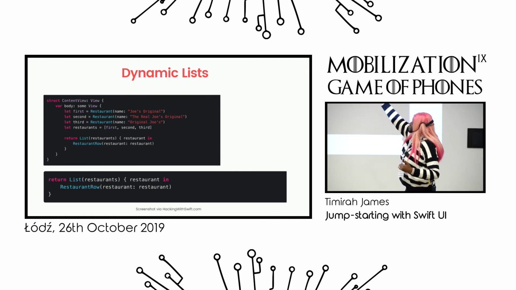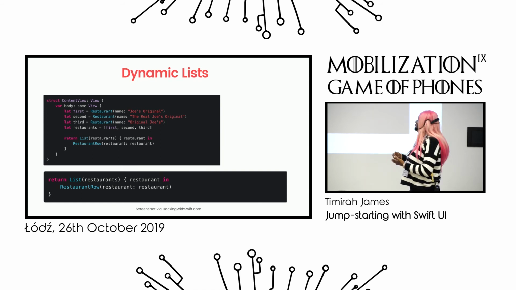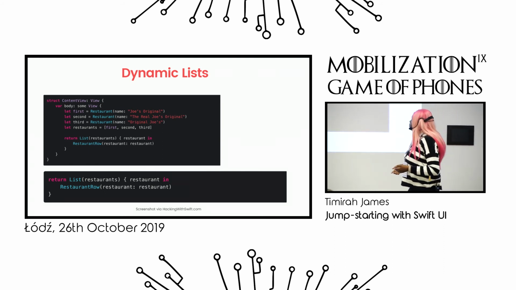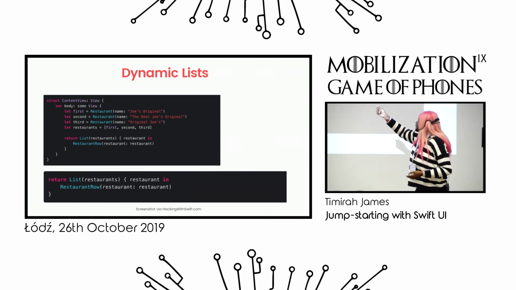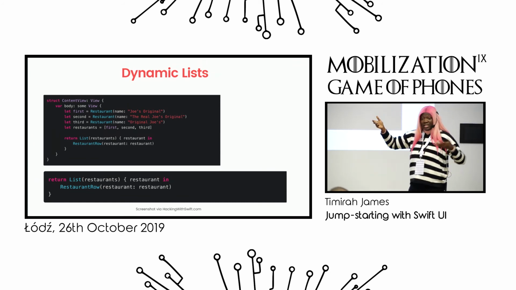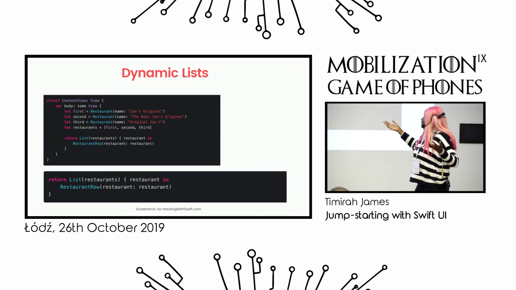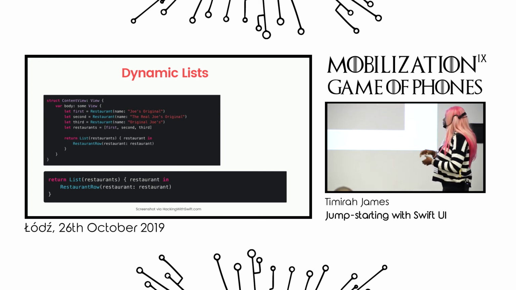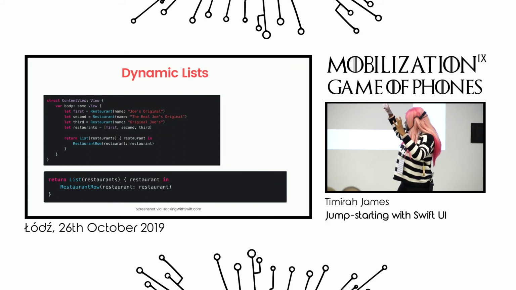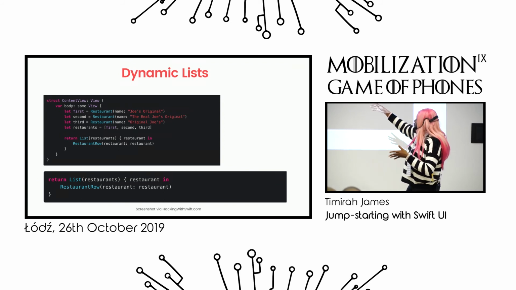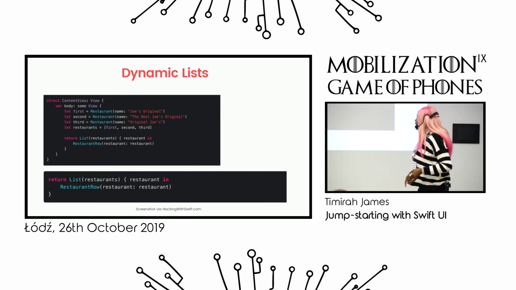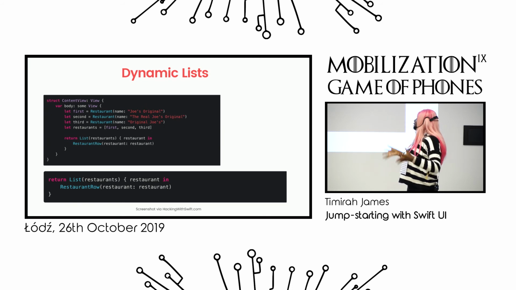So the first cell, or the first element in your list, would be, let's say you have a restaurant object, and it has a property name. You give it a name, and essentially that will show up as the title, and then the second one as well. Then there's an array here, so you put that into an array, you return it here, and basically this is how the list is built.